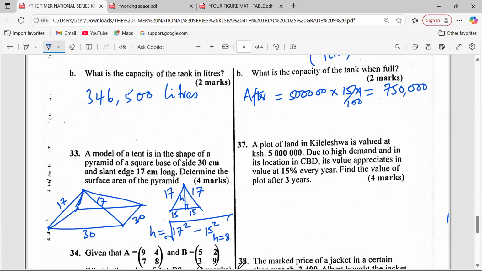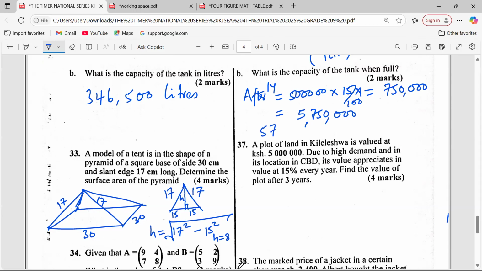So it shall rise by 750,000, which means after 1 year, it shall be valued at, we add the 5 million here. So the value will be 5,750,000. This is the value now after 1 year, which means during the second year, it